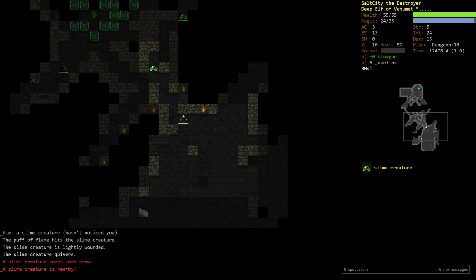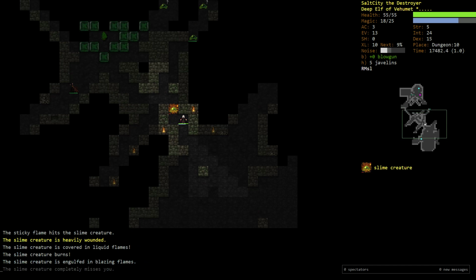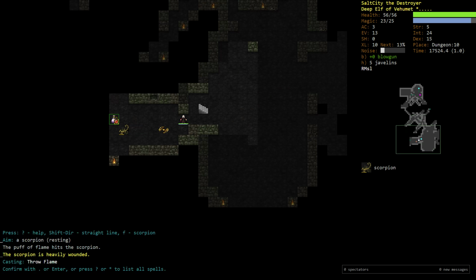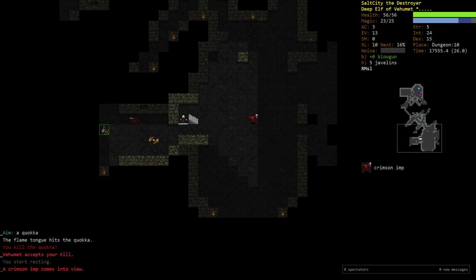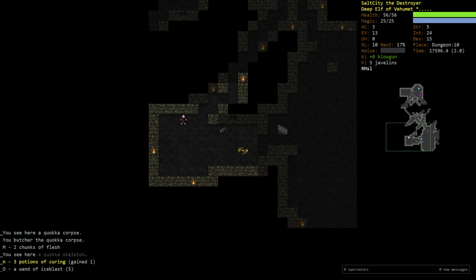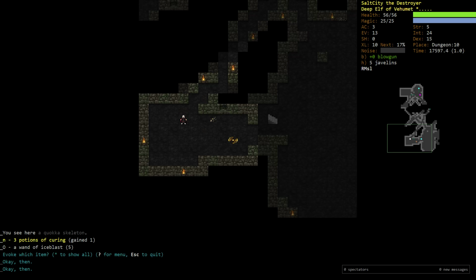Slime creatures are surprisingly deadly to the classic mage, even in 1v1s. I'm going to use my Conjure Flame, Sticky Flame combo to deal a lot of damage. The Conjure Flame, Sticky Flame combo is fairly situational, but it's extremely powerful. It does some of the highest damage in the game at this stage, so we're doing good. We're doing very good. Okay, we picked up a Wand of Ice Blast. This is an excellent tool for